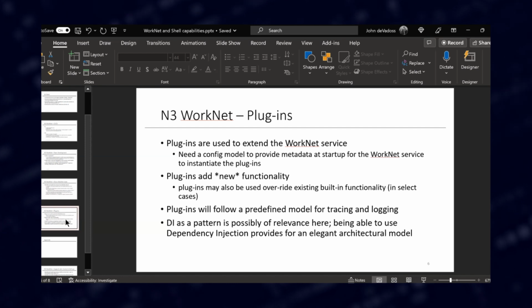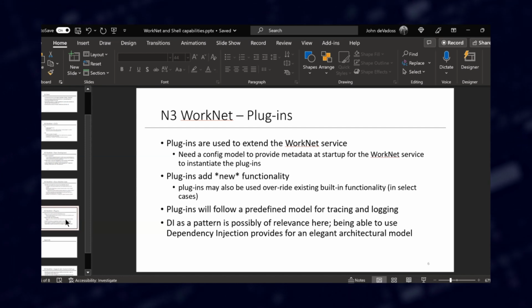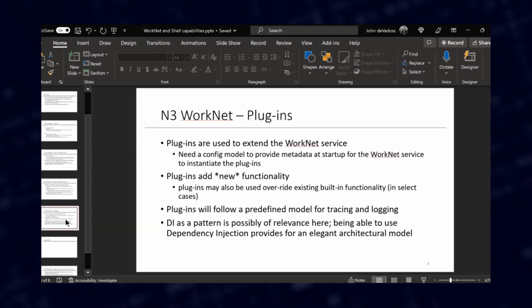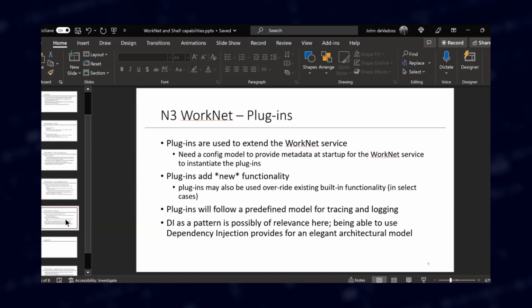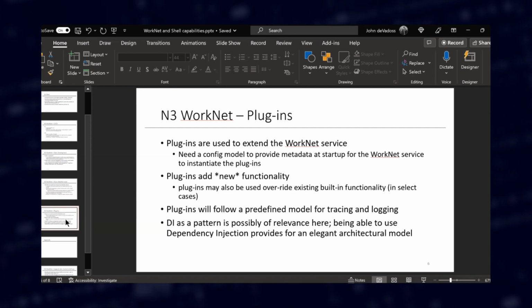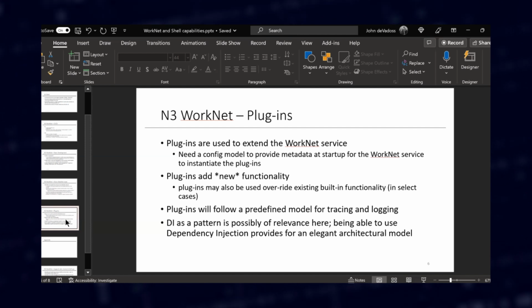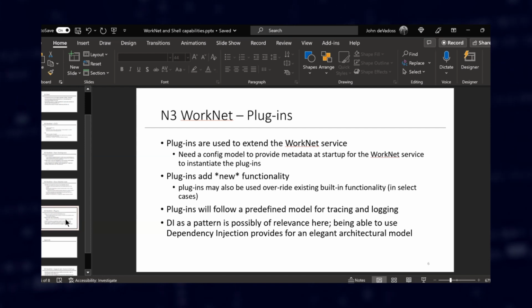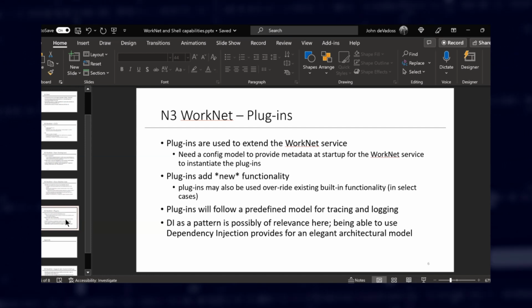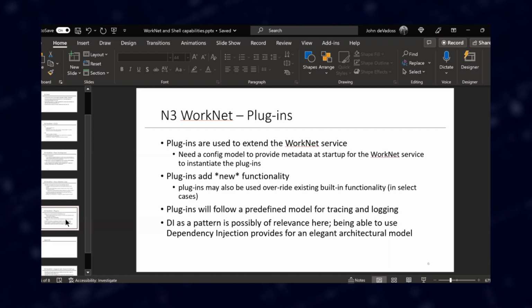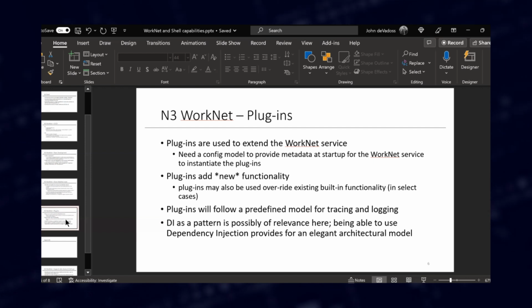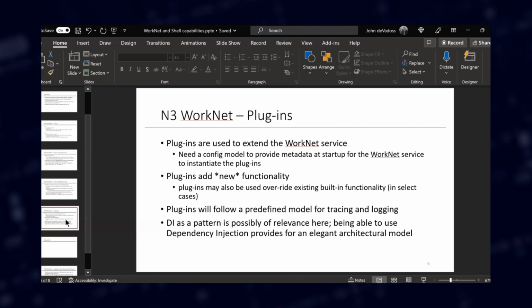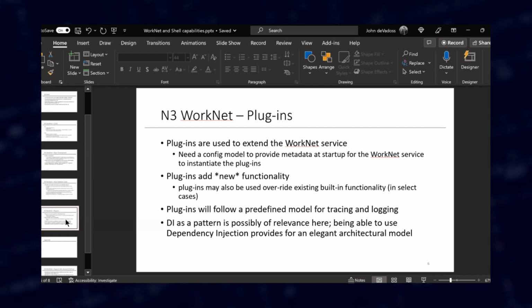Now, plugins add new functionality. They may also be used to override existing functionality. We've designed some, for example, to be able to store state within the WorkNet. We have designed our own mechanisms. If you feel like you have a different mechanism, something that is more in tune with your needs, we are designing WorkNet to be completely end-to-end extensible, meaning you can add new plugins and you can override existing features via your plugins. We'll obviously follow a very predefined model for tracing and logging, which is critical for debugging the N3